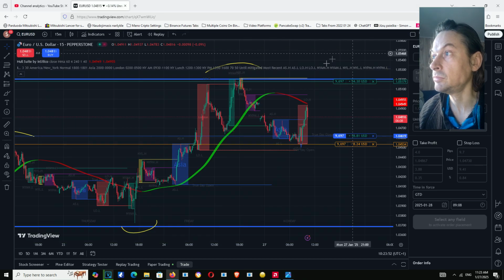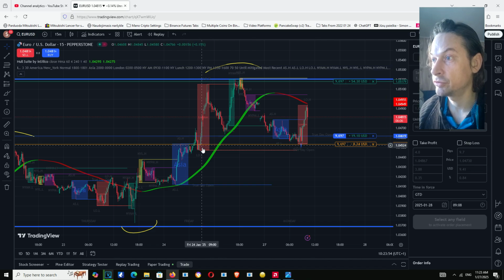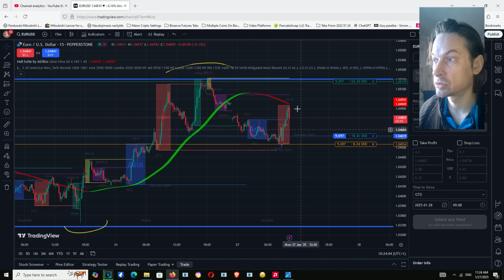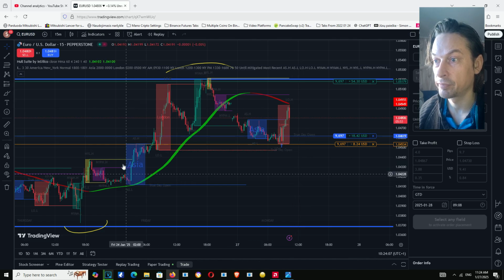So our potential interest right now, it was in this zone, it was going a pullback, and it's breaking two, and now it's going up, and this one,